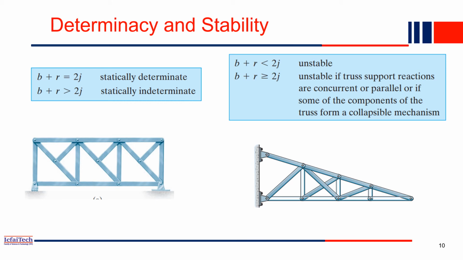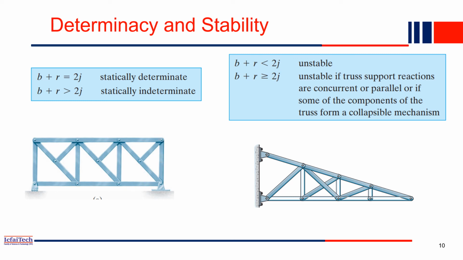Now, the next question is how to find out the determinacy and the stability of the truss. In the last lecture, we discussed the determinacy and stability of beams and frame structures. But here we'll discuss how exactly you can calculate it. A little bit of change will be there compared to beams. In a beam there are actually three types of reactions: one horizontal, one vertical, and moment. But in a truss, all the joints are actually pin joints. Pin joint, or hinge joint, means there will be two reactions.